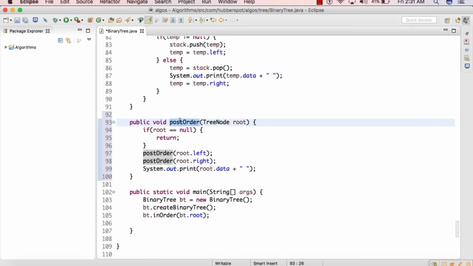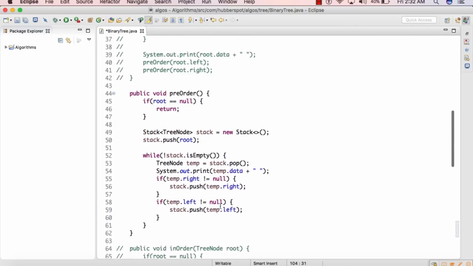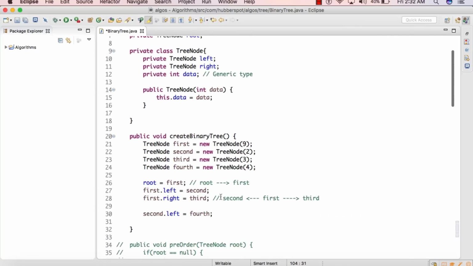So friends, this is the code for recursive post order binary tree traversal. So now let's test its working in the main method. So here in the main method, we'll first initialize this binary tree class, and then we'll create the binary tree. So in the createBinaryTree method, we are actually creating the binary tree with a few nodes, and these are the same nodes which we discussed in the slide. And we also discussed this method in my previous tutorials.